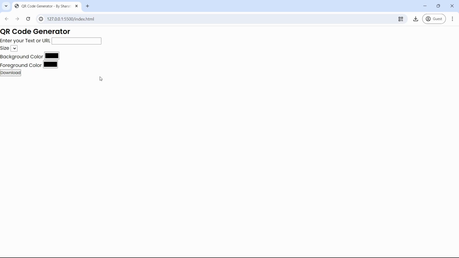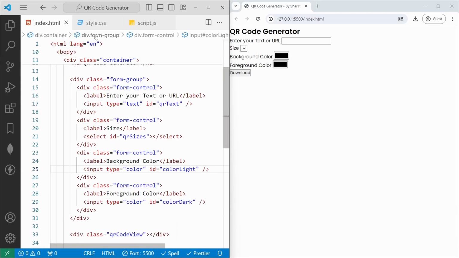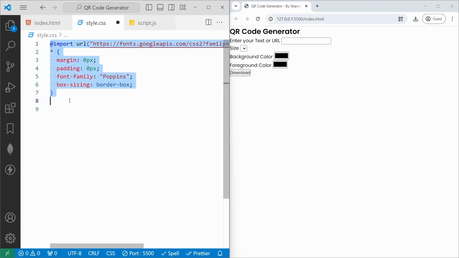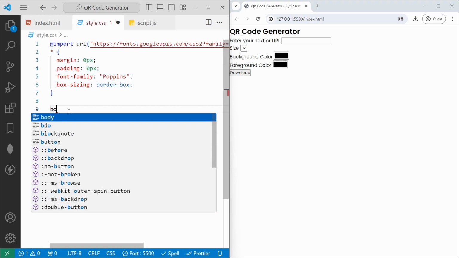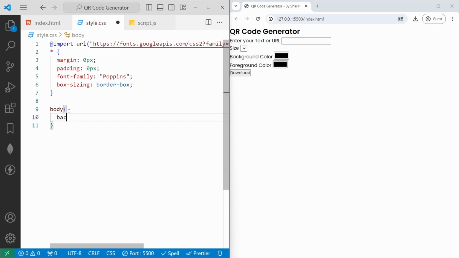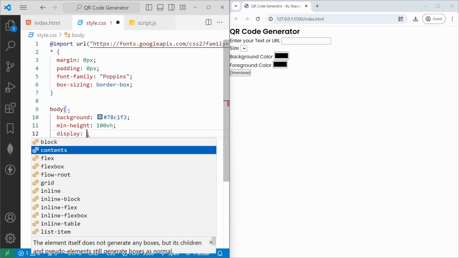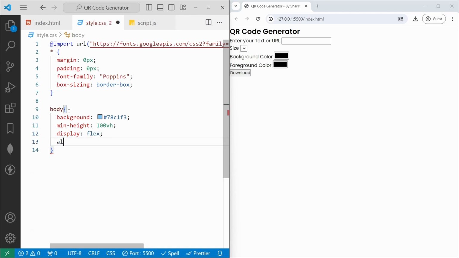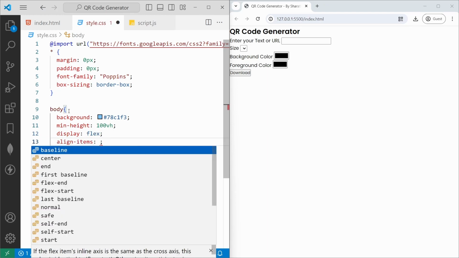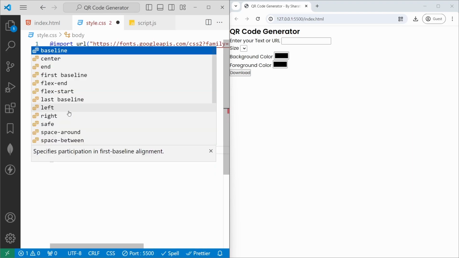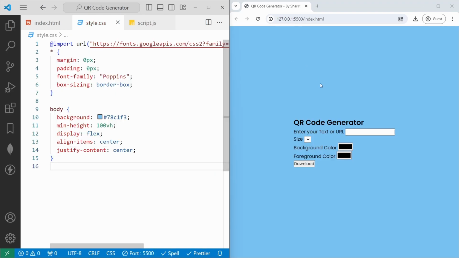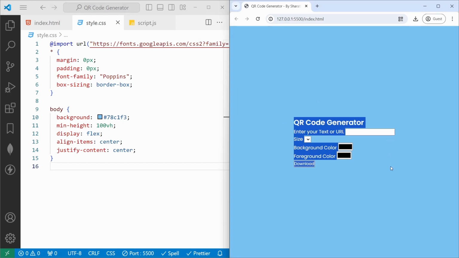So we need to style this. For that, I need to jump to the style.css. Here I have already added the basic style. We need to add the styles to the body with the element selector name called body, and I will set the background color to blue, min height to 100vh, display flex. This will set this entire body into the center of the screen, and then align items to be center, justify content to be center. If I save, we are able to see the container in the center of the screen